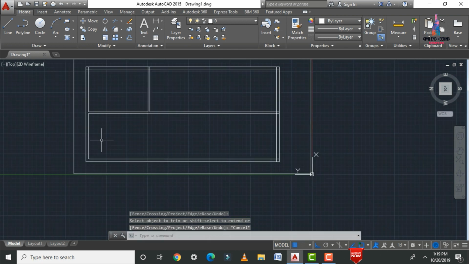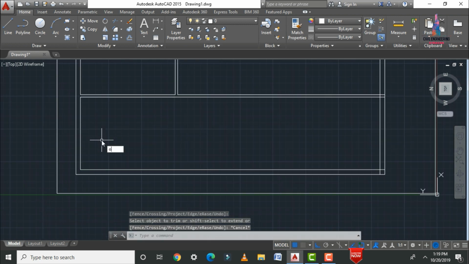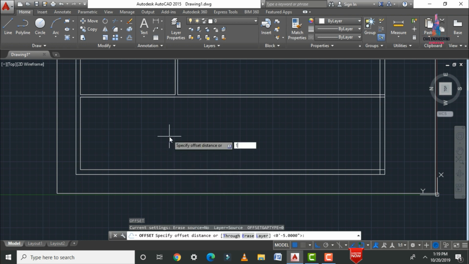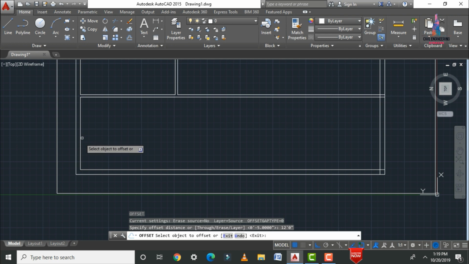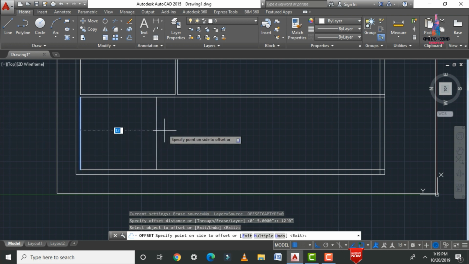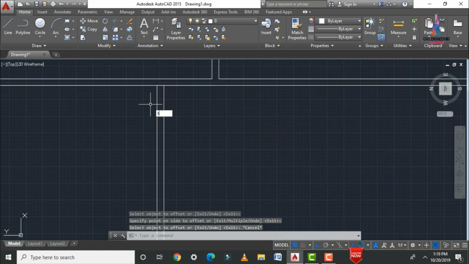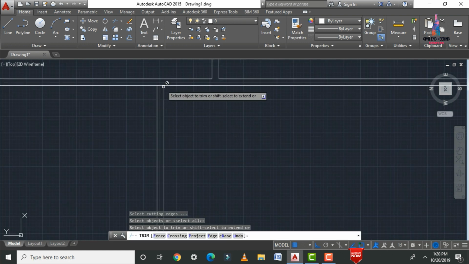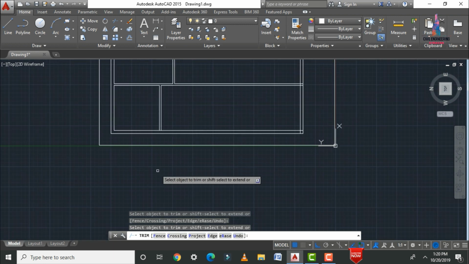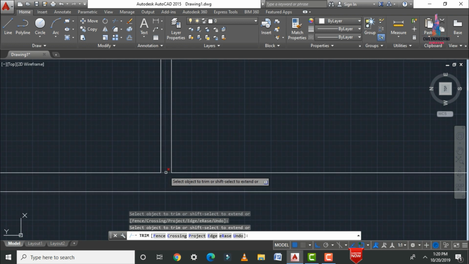Now we have to draw one more offset for the main bedroom. So here I am selecting offset. I am selecting the distance as 12 feet 0 inches. Let us consider. So here I am selecting this line. Click on this option. After that we have to apply one more offset related to 5 inches. Let us take this distance as 5 inches. After that we have to trim the excess portion, TR double enter. Now I am trimming this option here. I am trimming the bottom section also like this.